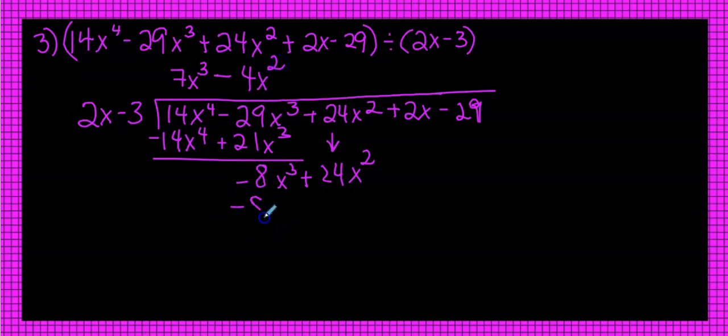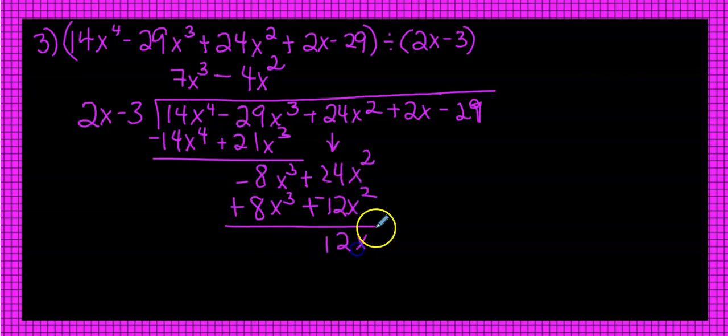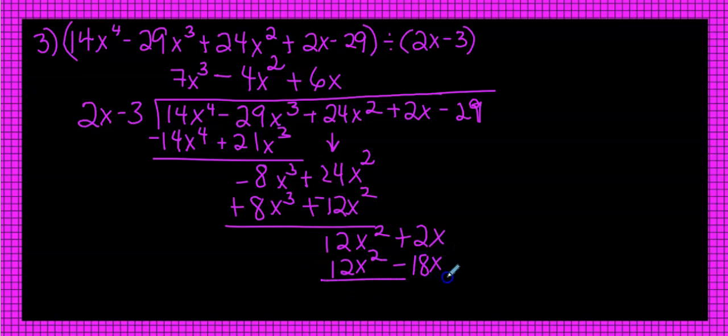Multiply that back out. That's going to be, let's see, -3, -4, that's plus 12x squared. Change these to the opposite and combine. That's 12x squared. Bring down that plus 2x. Divide this by 2x, that is plus 6x. It's going to be -18. Change these to the opposite. That's going to be 20x